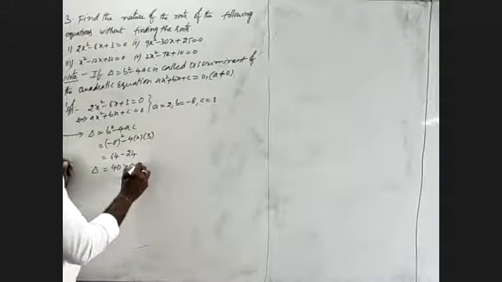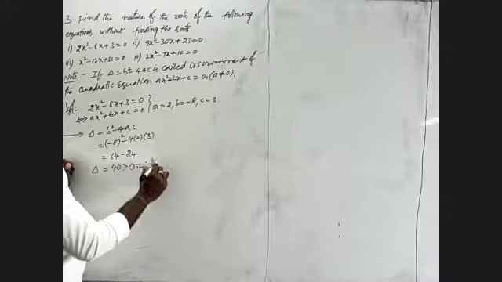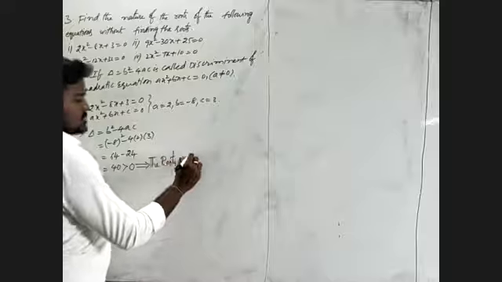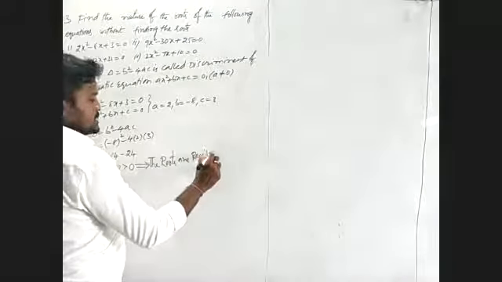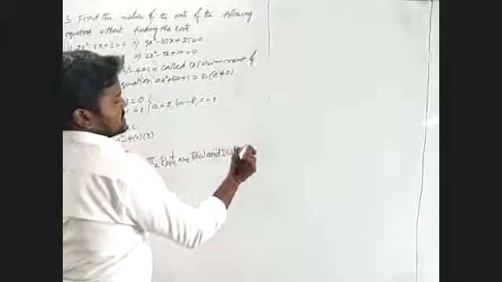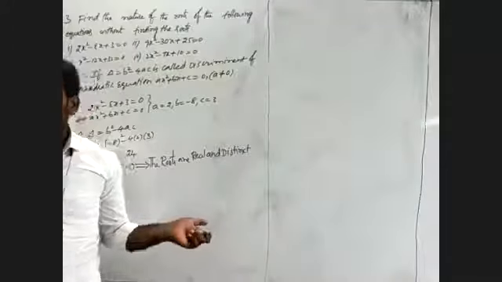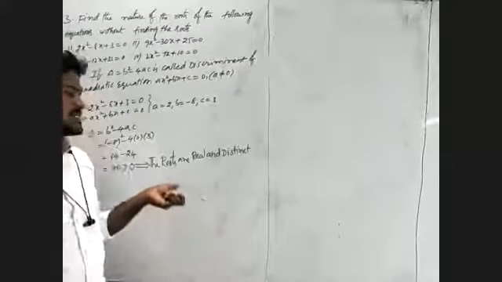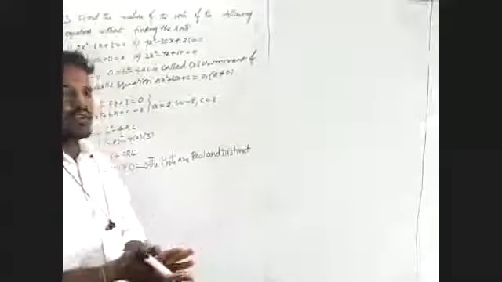The given one is delta greater than 0. Delta greater than 0 means what do I have to write? The roots are real and distinct. Or we also write the roots are real and unequal. Sometimes it may be used as real and not equal also. After that, now I am going to the second one.